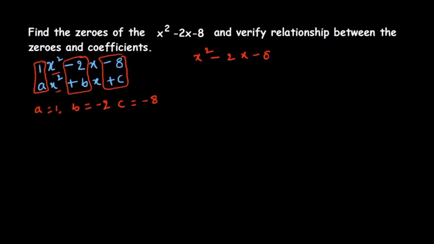So how to divide the factors? The x square coefficient is 1, so we have to multiply these two. So 1 into minus 8 is minus 8. So what we do is we should write the factors of 8, that means minus 8. So how to divide the factors here? We write 1 into 8, again 2 fours are 8 or 4 twos are 8, and 8 ones are 8. So these are the possible factors for 8 here, that is minus 8.